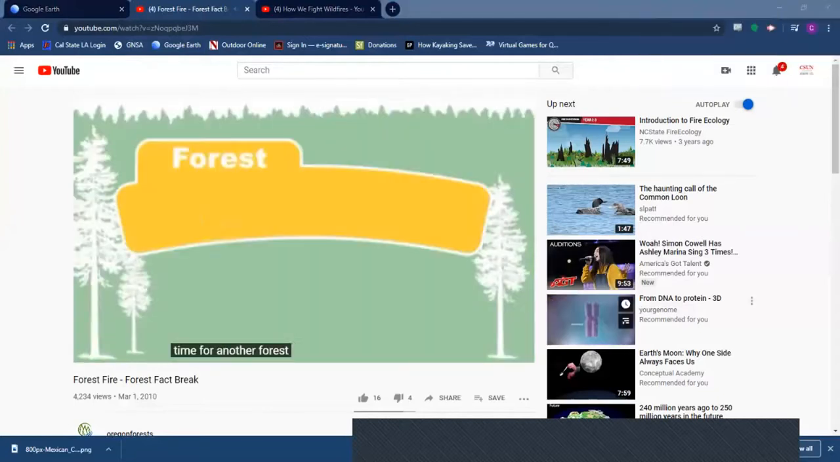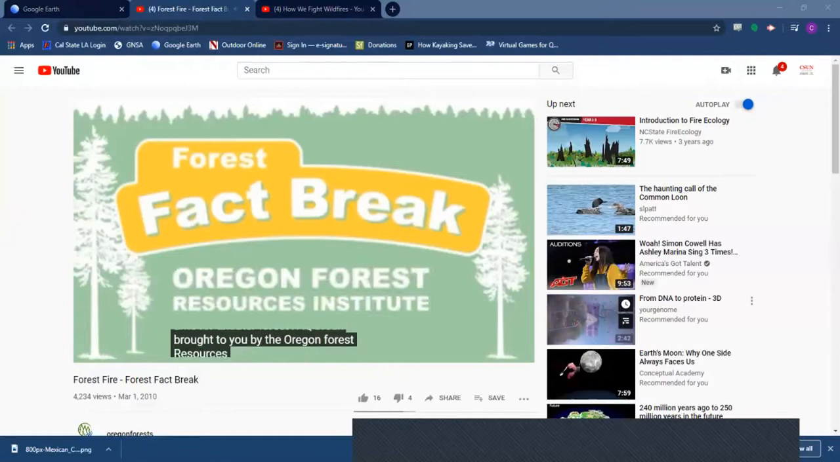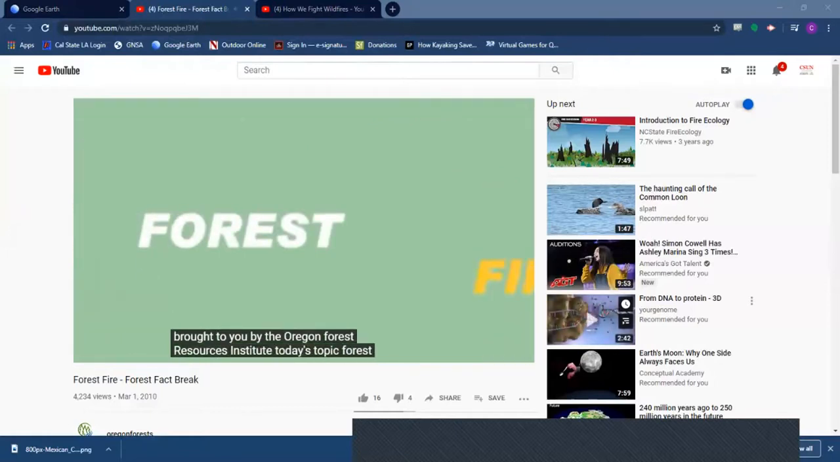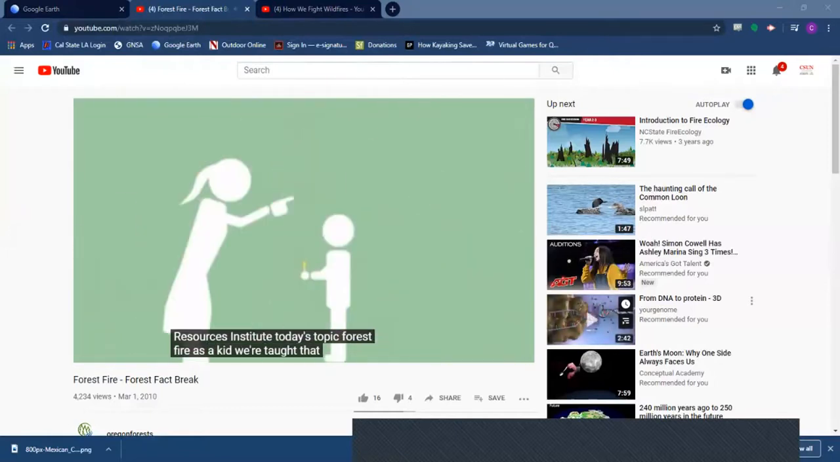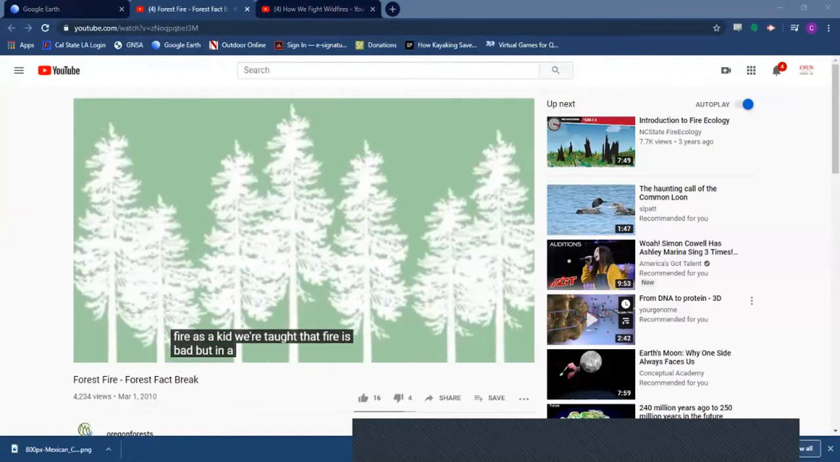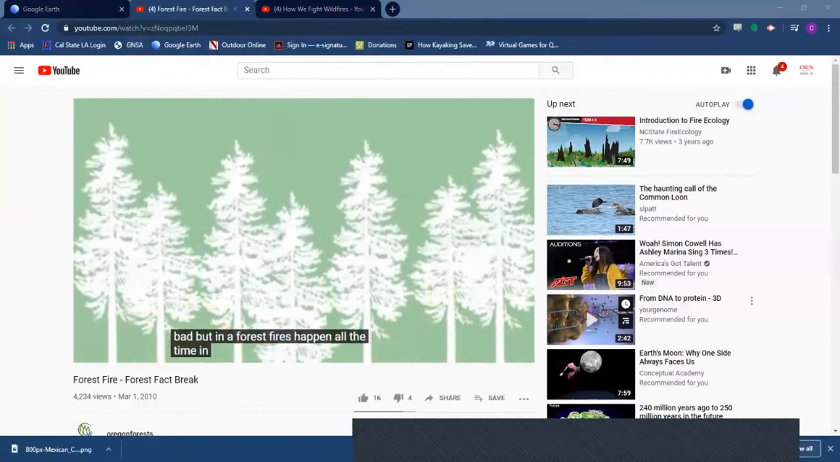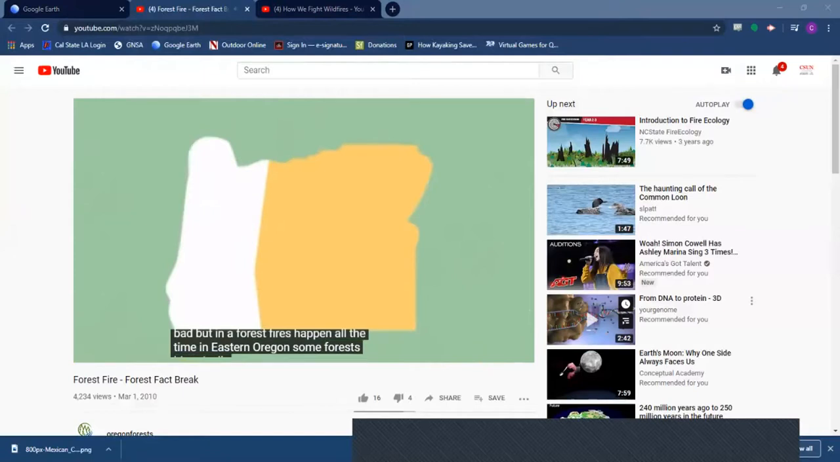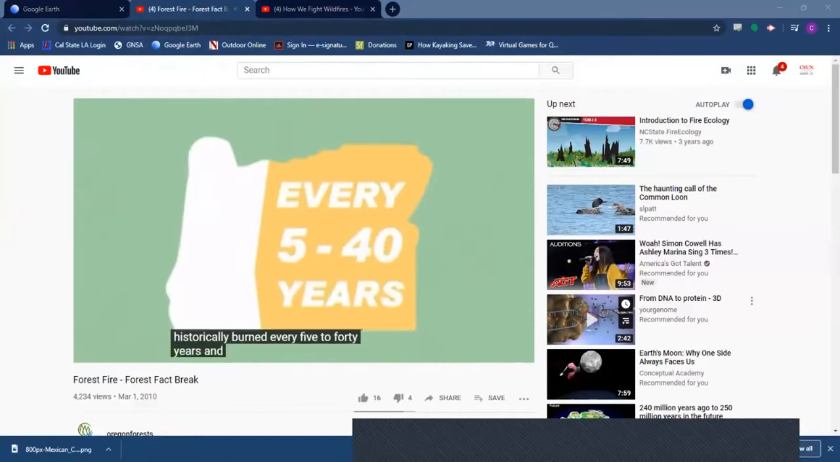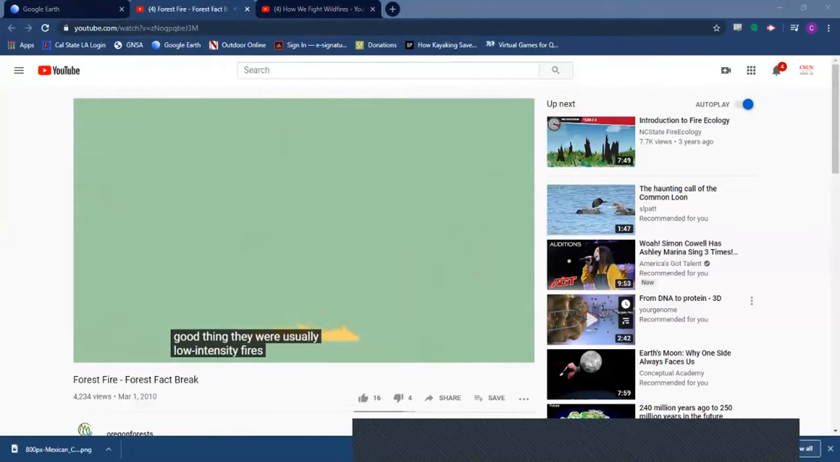Time for another Forest Fact Break, brought to you by the Oregon Forest Resources Institute. Today's topic, forest fire. As a kid, we're taught that fire is bad. But in a forest, fires happen all the time. In eastern Oregon, some forests historically burned every 5 to 40 years, and for the most part, that was a good thing. They were usually low-intensity fires that controlled the brush and the pests and gave more room to the